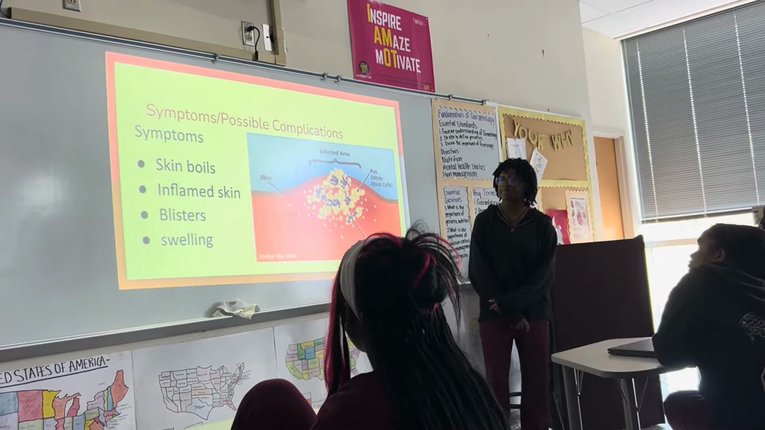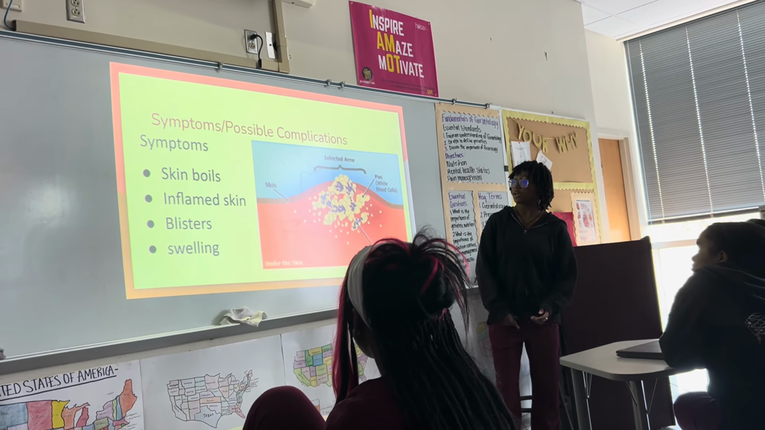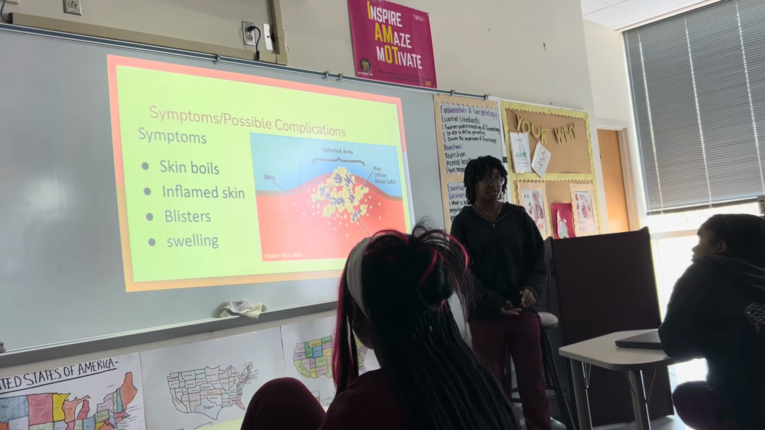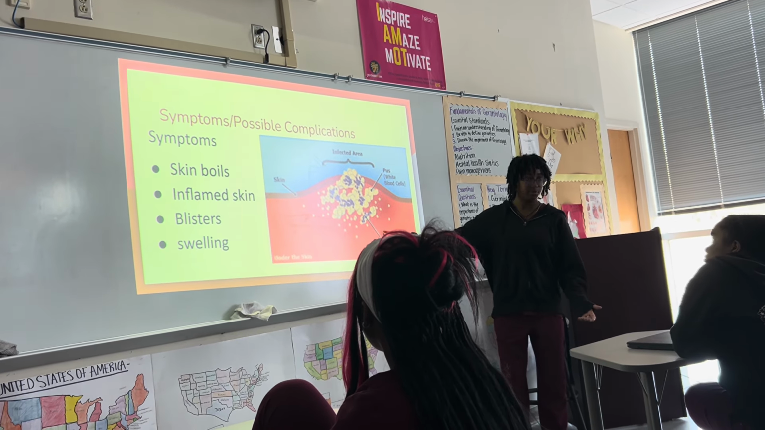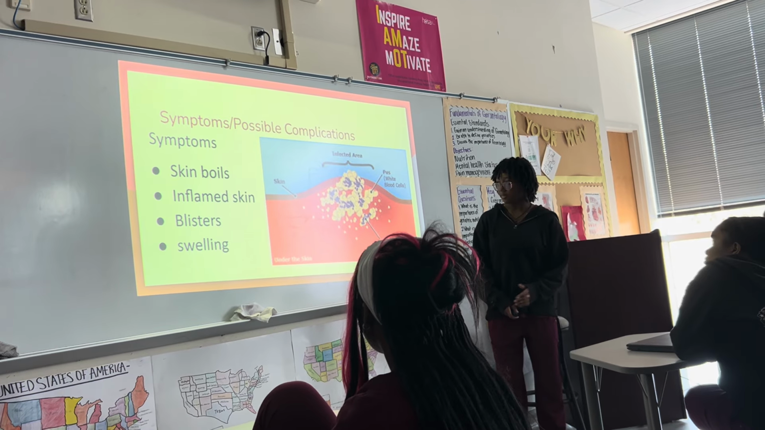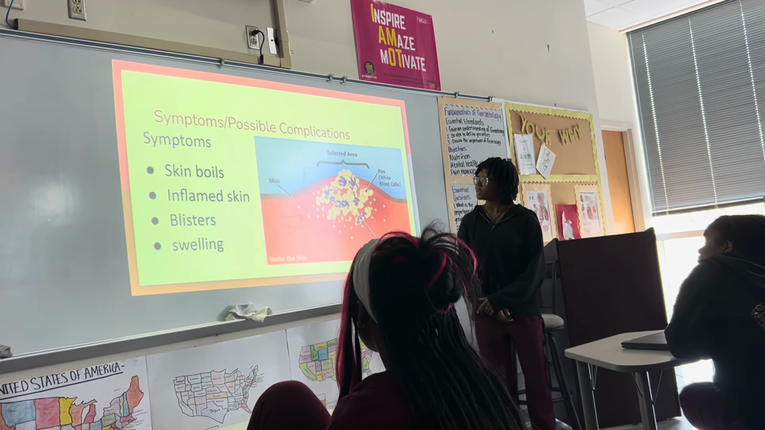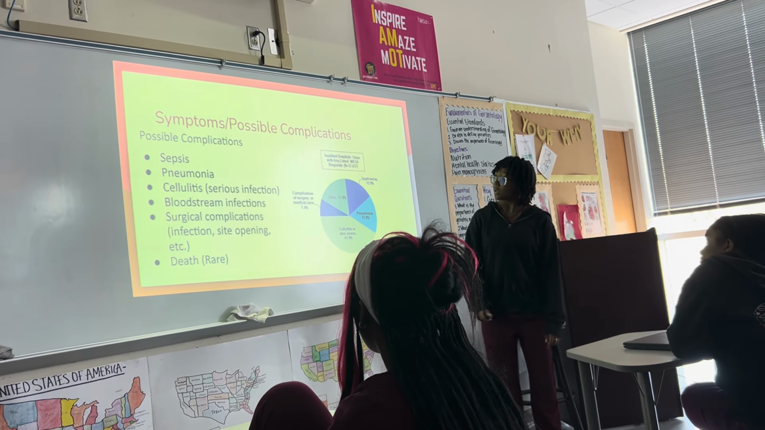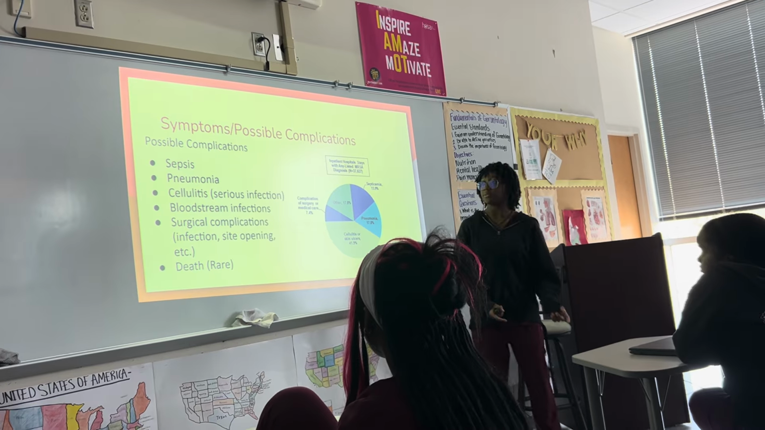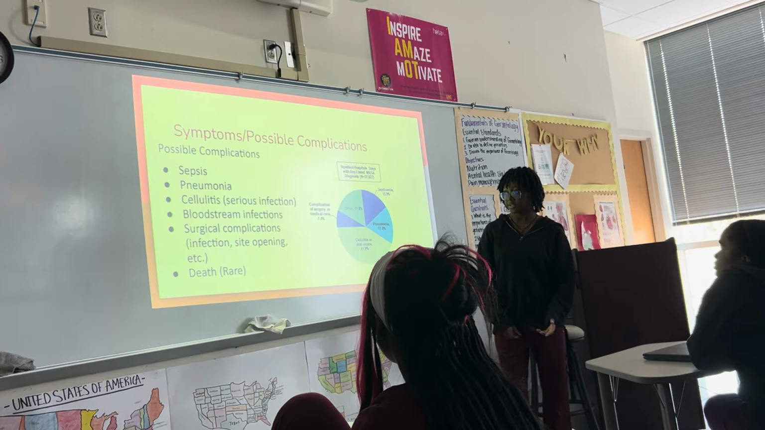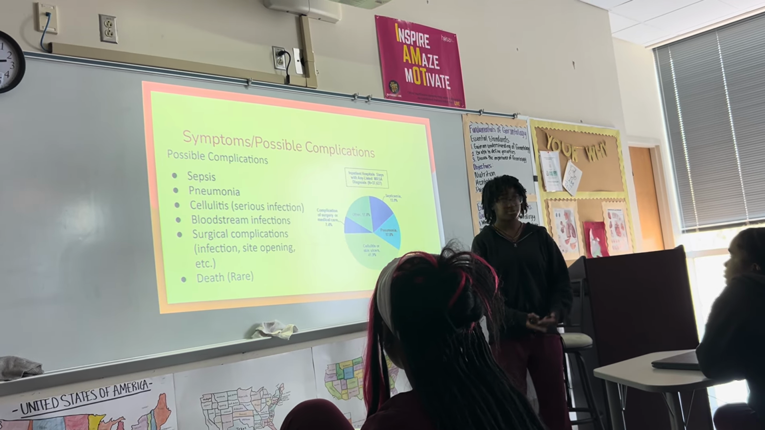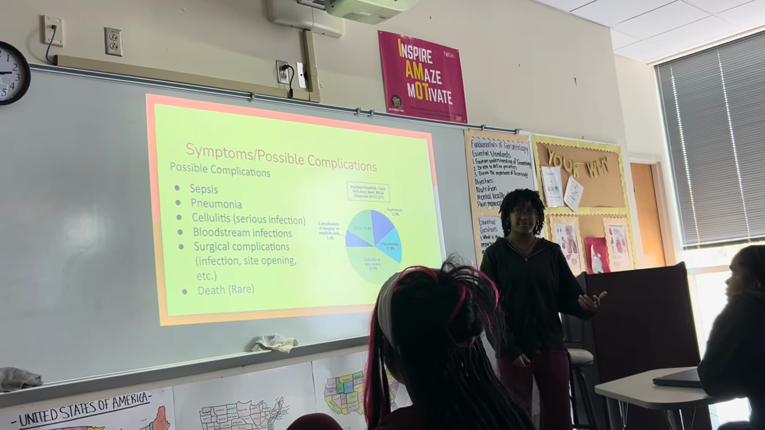Symptoms and possible complications. The symptoms include skin boils, inflamed skin, blisters, and swelling. It's usually red marks on the skin that often have pus or some kind of fluid underneath. It's also warm to the touch. Possible complications include sepsis, pneumonia, cellulitis, which is a serious infection, bloodstream infections, and surgical complications such as infections